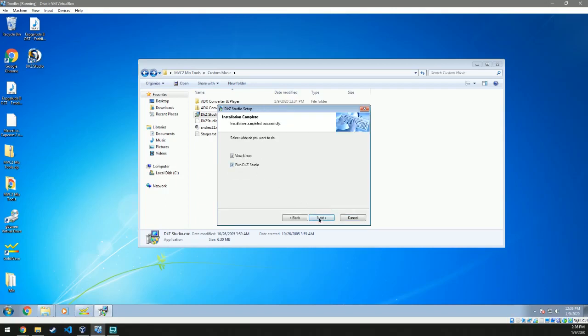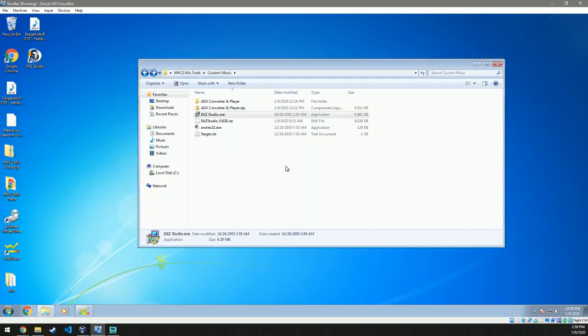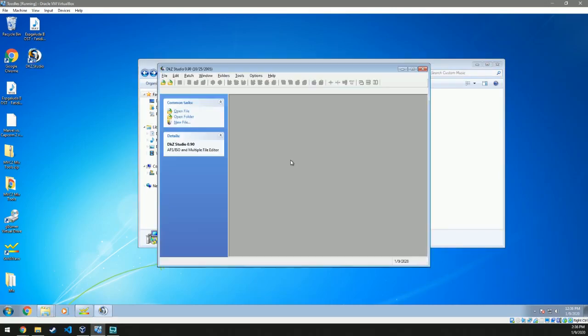So there we go. Installed. It's going to say something's not registered. That doesn't matter. And we're going to open it. So here you go. It's going to say this invalid call procedure. That doesn't matter either. The only thing we're going to use DKZ Studio for, like I said, is to create the